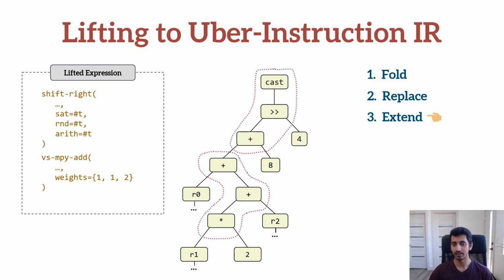Since this is an algorithm that greedily packs operators, it does not guarantee that it will find the shortest sequence. However, the uber instruction IR is a much higher level IR than the target instruction set, making it much easier for the greedy algorithm to converge on the best representation. Furthermore, the greedy algorithm is scalable, which is important as the input expressions may be arbitrarily large.